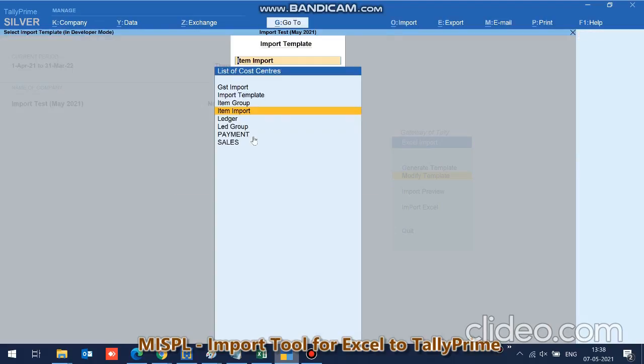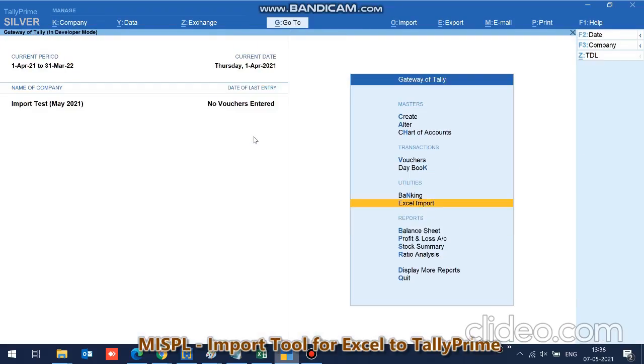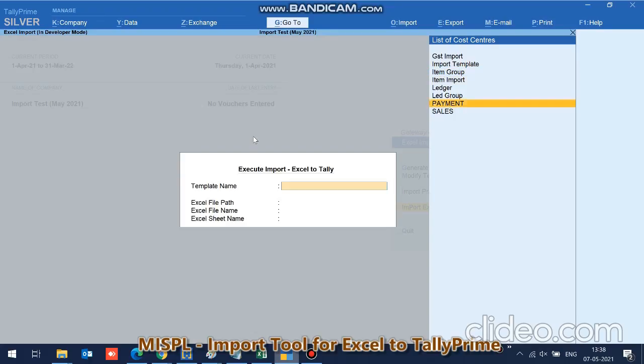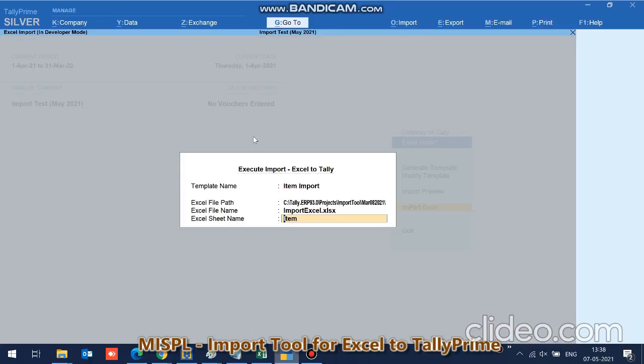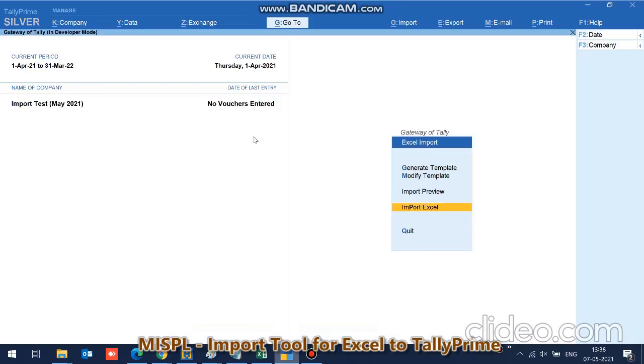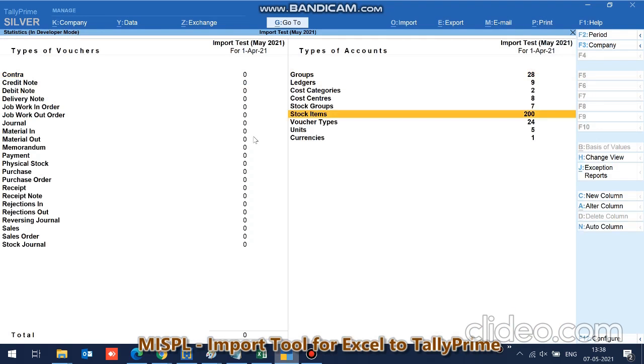I again go to import Excel. I go to item import and I press enter. It is reading all the columns and all the rows, and we see 200 items have come with all the effective things which we have mentioned.